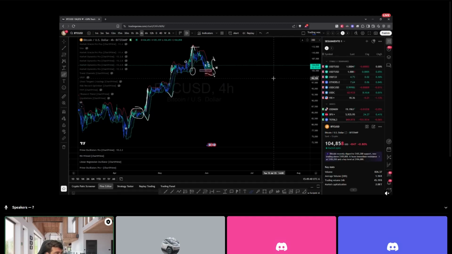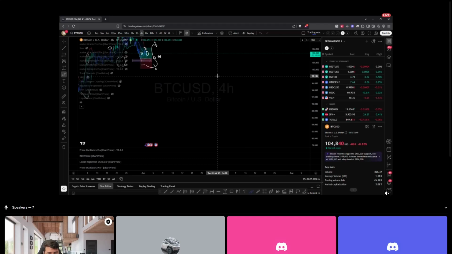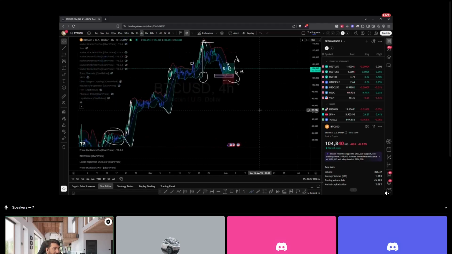I do see some reversal signals, right? But those reversals are, for me, an opportunity to re-enter. So we had one, and I'm going to be waiting for the next one to play out. So despite the fact that we started bearish, I think I can show you why I'm still bullish. And this is going to remain for the next quarters, right? At least I would say all of this year,